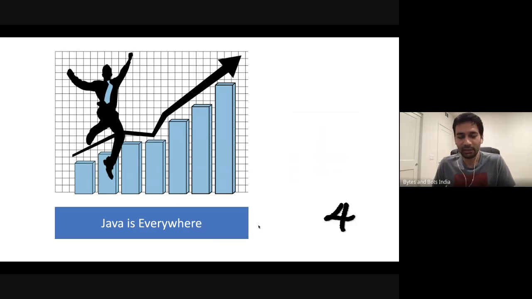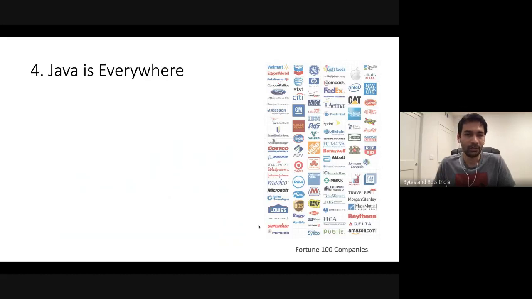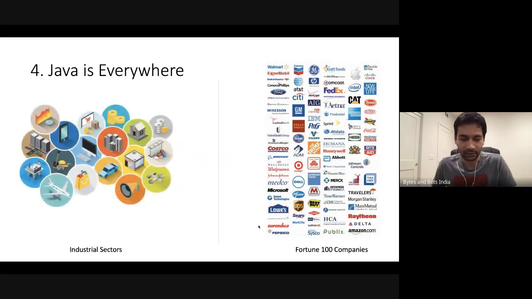So Java is everywhere. We touched this topic before in the context of how 3 billion people use it. But in this slide, what I want to draw attention to, on the right side of the screen, is a list of Fortune 100 companies. These are the wealthiest 100 companies in the world, and they all use Java.